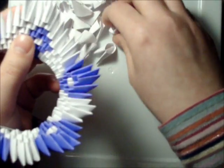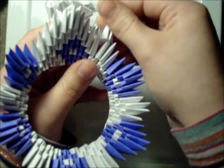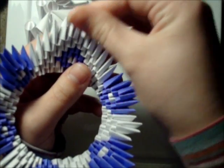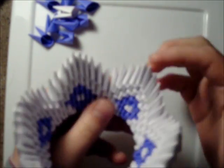And then you're going to build up another triangle over top of it, or another layer over top of the triangle. And you're going to do that for each of the purple triangles all the way around. Okay, so I have finished doing the white outline of all these purple triangles, or diamonds I should say, not triangles. And so next thing we're going to have to do is make, in these spaces here, make another set